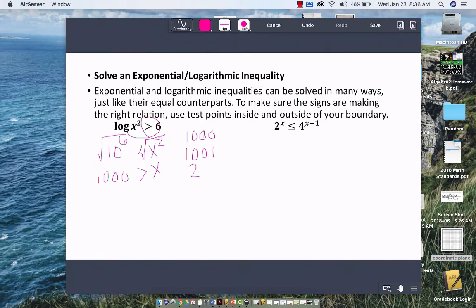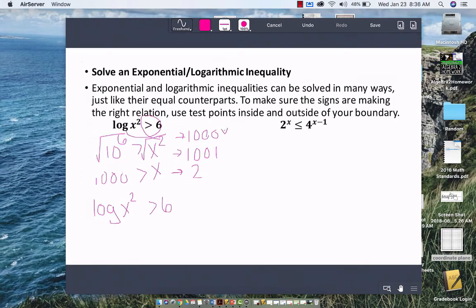In my calculator I'm going to do log of x squared, plugging each of these 3 numbers in for x, and see if I get a number that is greater than 6. When I plug in 1,000, I get 6 right on the dot,